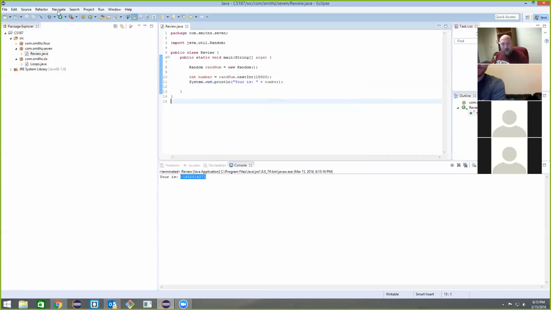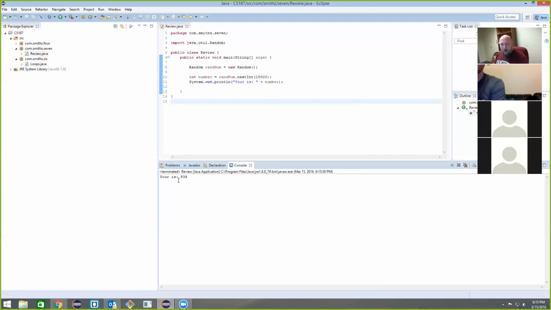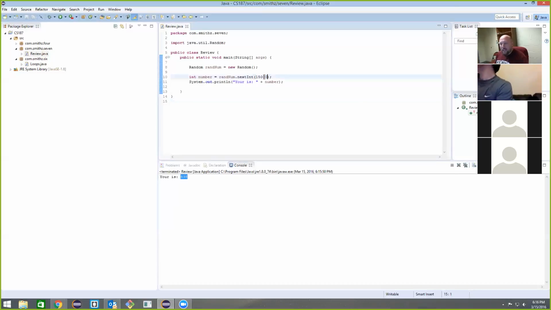Once again, we can save that. And now our number is going to be in the range of 0 to 15,000 minus 1, because we have 15,000 numbers, but it starts at 0, so therefore the highest possible number would be 14,999. As you all have done in your programs, in order to compensate for this, you just simply add a +1. Now, that allows us